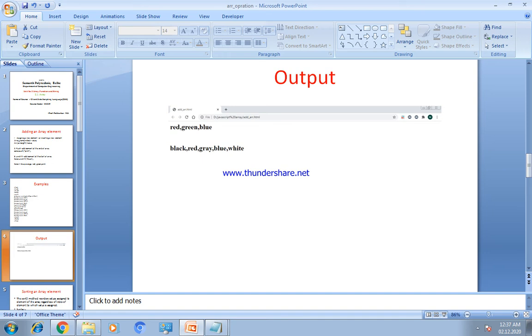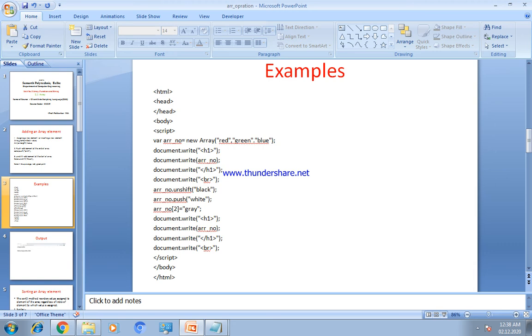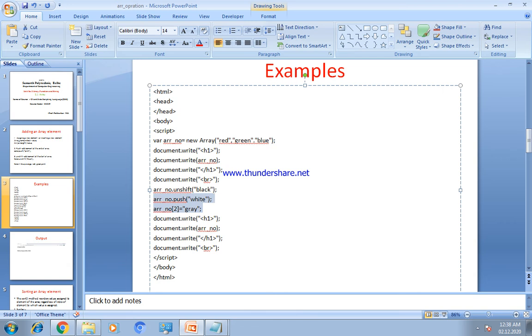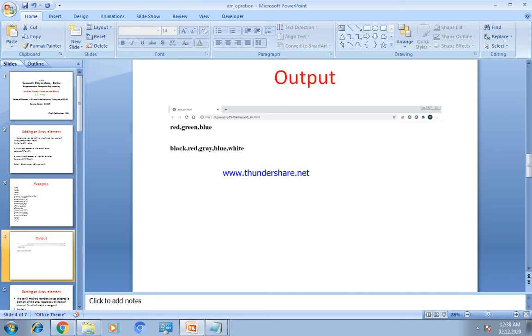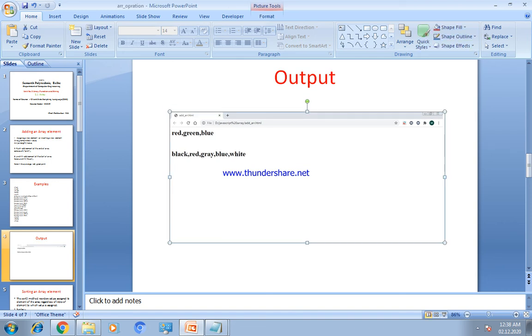Black is added because of the unshift method, and white is added because of the push method. And gray is placed at the second position. If we see this output, 0 1 2, at the second position gray is placed.